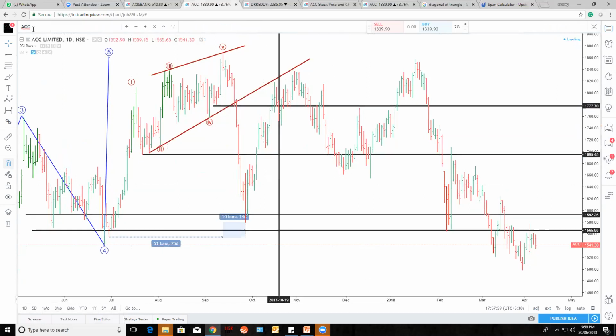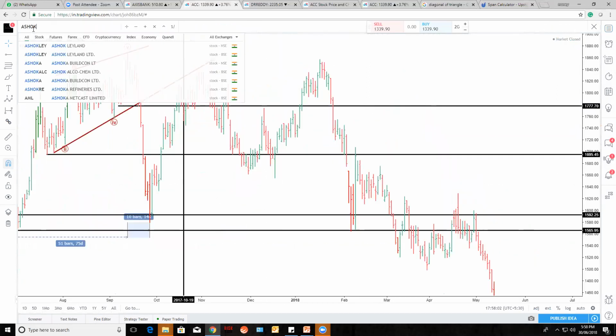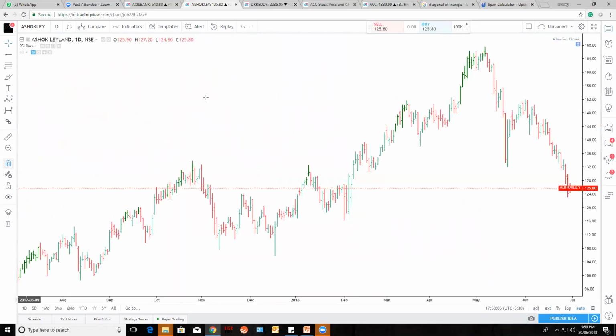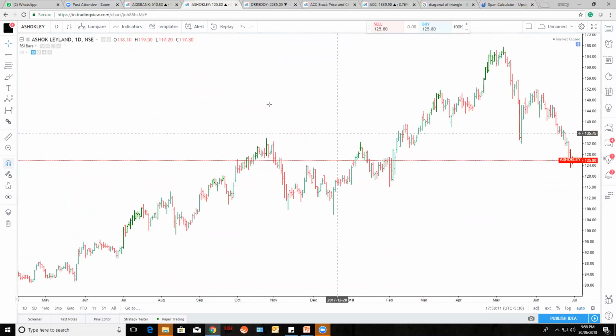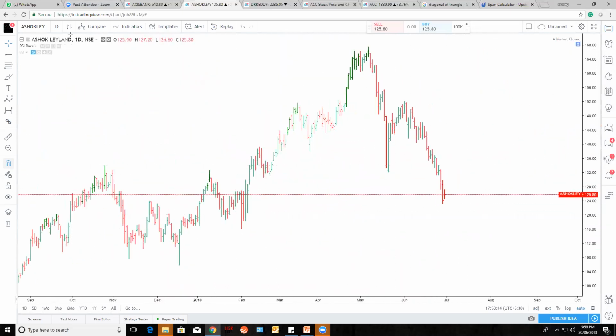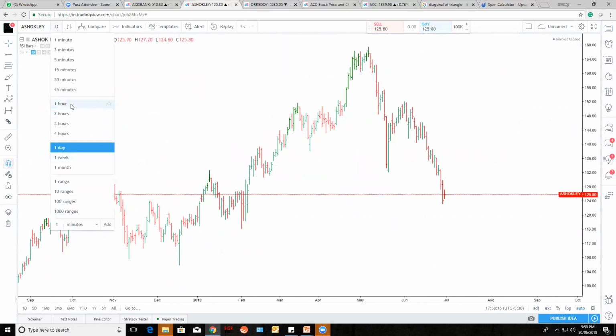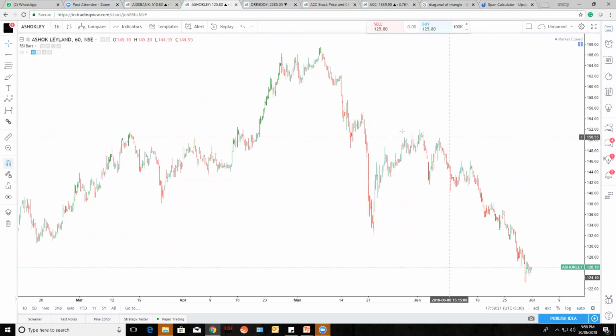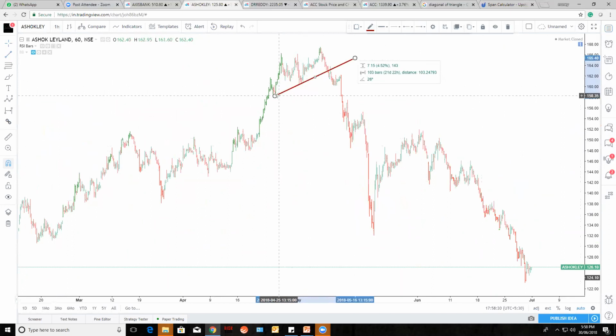There is one more script, that is Ashok Leyland. I might have shared the chart with you people, that it was trading at 165 level. It was trading around 165 level, if I am not wrong. We have given a sell from 164 or 163 level, if you guys remember, and my target was 133 or 135. Why I was very sure about this was, this is the ending diagonal again.